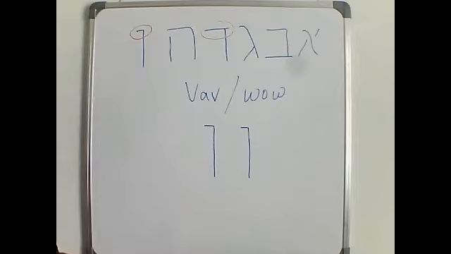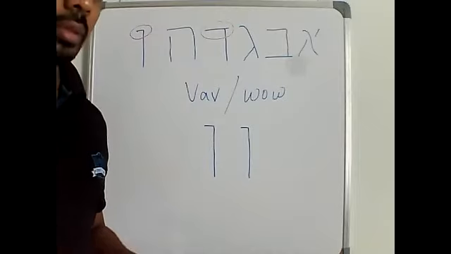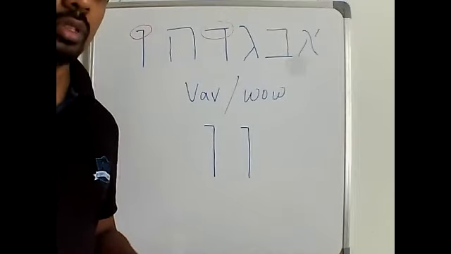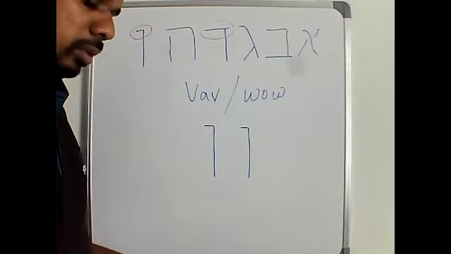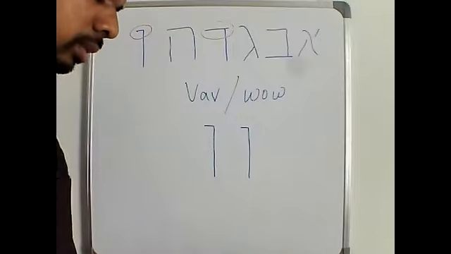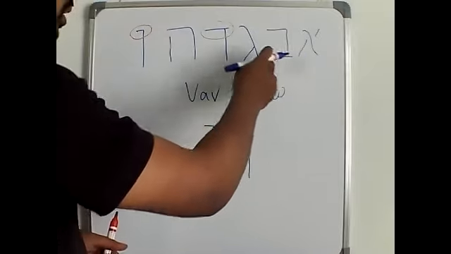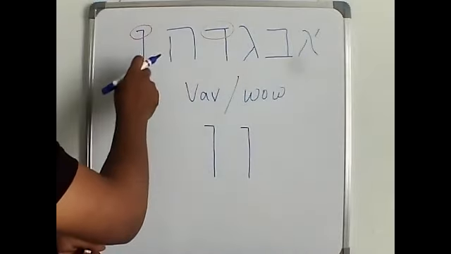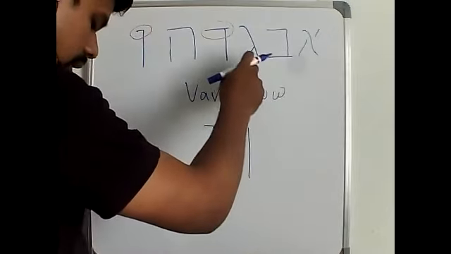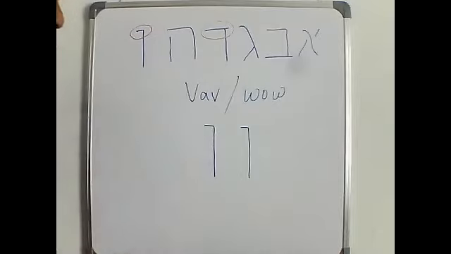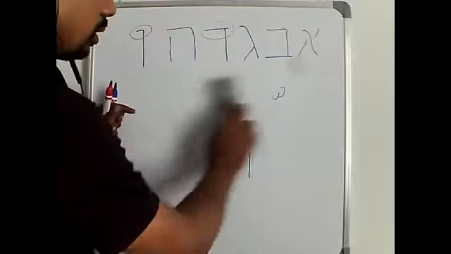Only by repeated learning will you be able to follow. Otherwise, if you lose it for even one day, you will not be able to understand what is happening. So try to repeat it. Aleph, Beit, Gimel, Dalet, Hey, Vav. Let me repeat it. Aleph, Beit, Gimel, Dalet, Hey, Vav. So that is the lesson for today, and those are the letters for today.